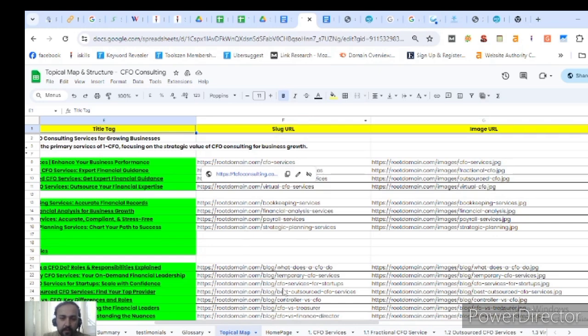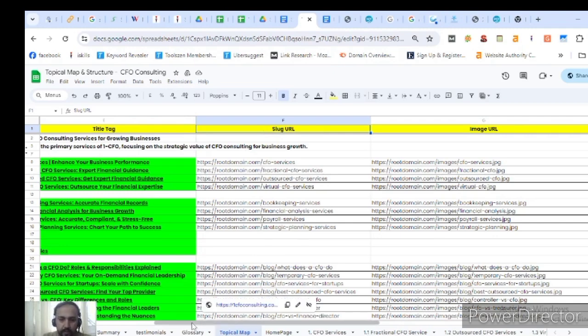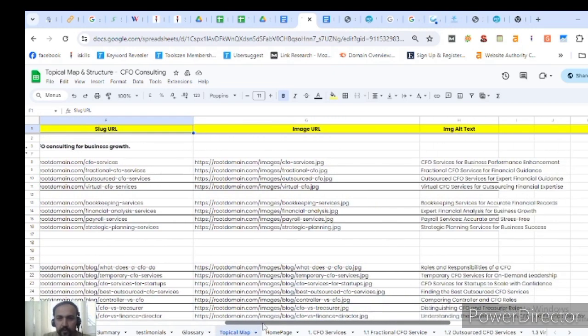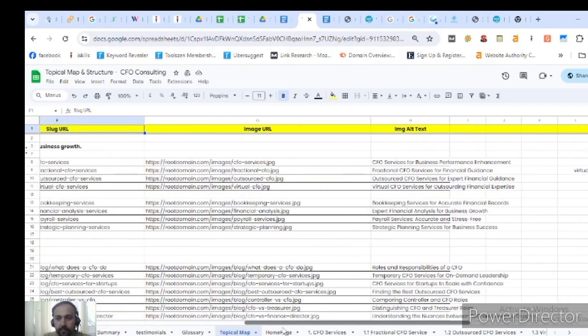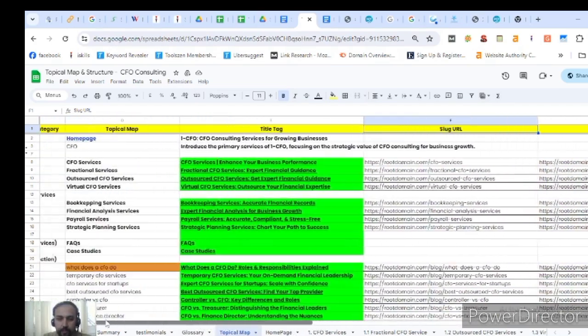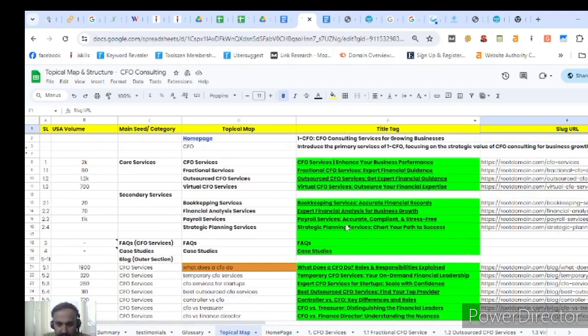Here you can also analyze the crawl, how much the crawl depth is, and everything, to minimize it. Here are the image URL and then the image annotated text. These are provided regionally. So this is just the layout, and then these are interconnected to the content brief, like a simple note.